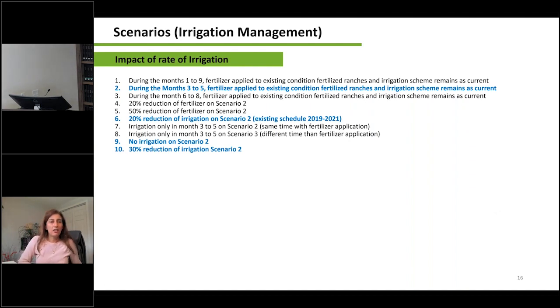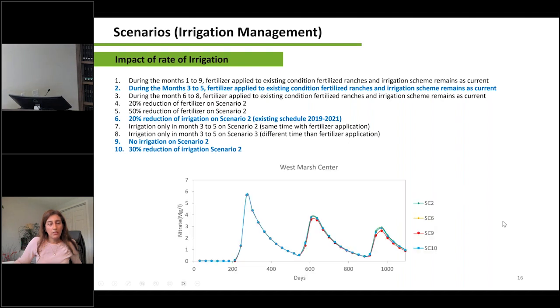So here we select scenario 2 again because we found this one better than the wet period, and then a 20% reduction in irrigation, then no irrigation in this scenario, and a 30% reduction. These are the 4 scenarios that we have considered here, and we found that the irrigation does not have much impact on